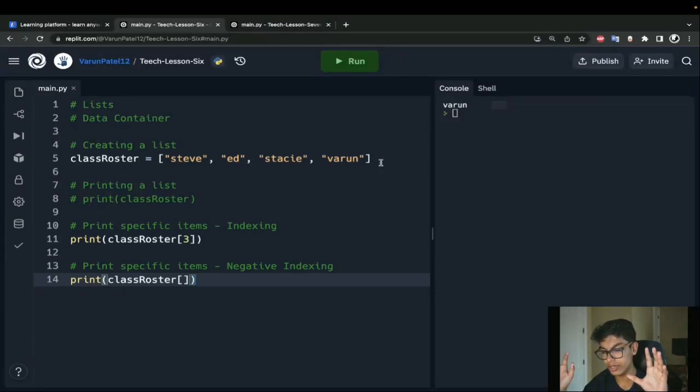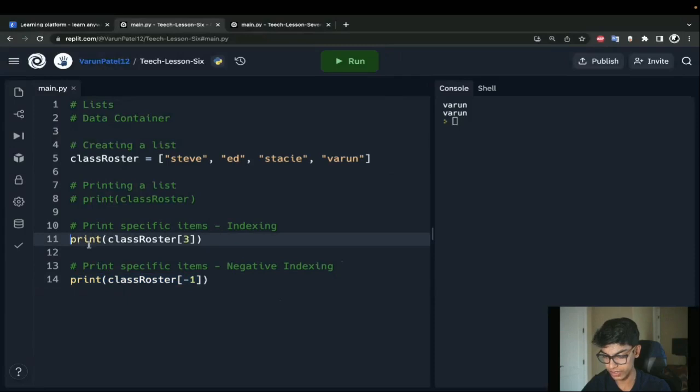Just imagine there's a starting line right here at the end of my list, and every time I jump backwards one, I'm going to add something. Let me explain what I'm doing. I'm starting back here, and I want to get to Varun. Starting here, I go 1, and then I'm here at Varun. So I've jumped 1 backwards, so for my negative index, I'm going to put -1. If I run that, you see we get the same result. This and this are equivalent.